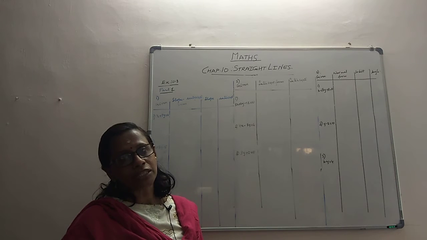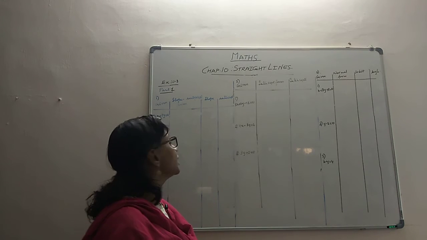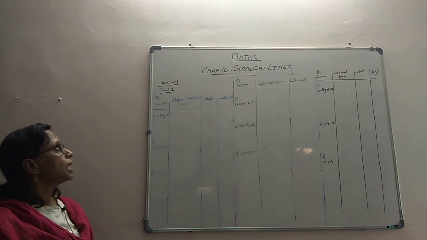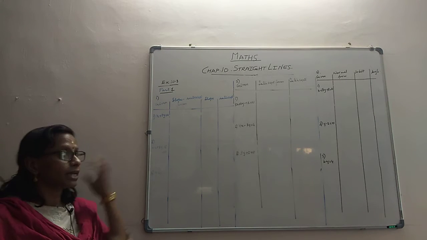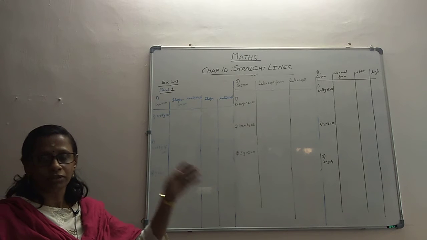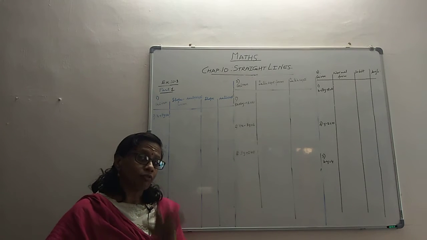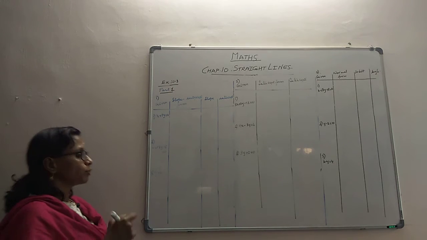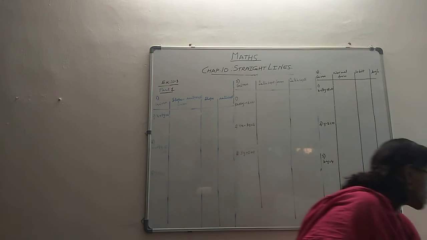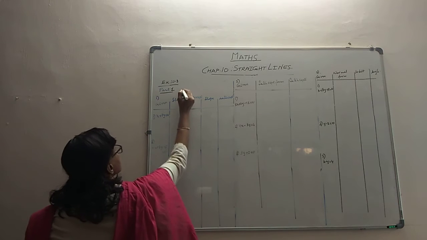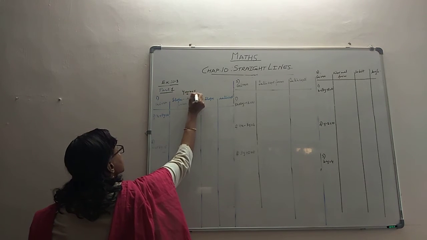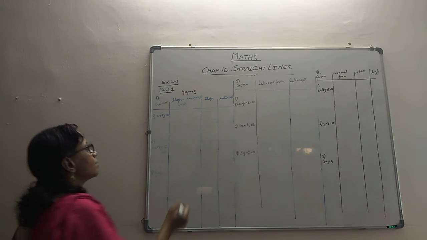We are coming to question number 1. Now in question number 1, they give us some equations. They ask us to reduce them to slope intercept form and get the slopes and intercepts. The first 3 questions are like that. You have to reduce it to the form that they have told us, and whatever they ask us we have to find. And for our quick revision, we know what slope intercept form is. All of us know that the slope intercept form is y equal to mx plus c, where m is the slope and c is the intercept.